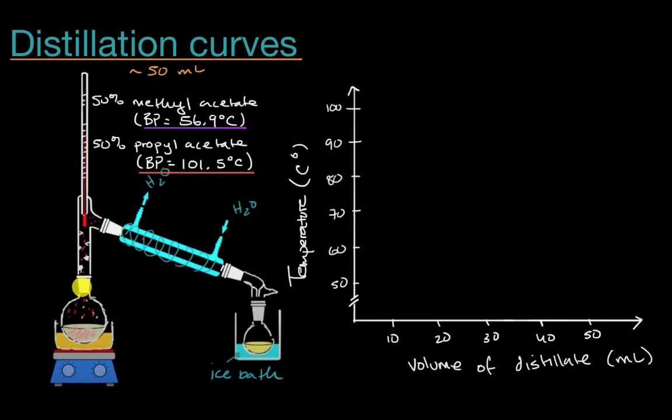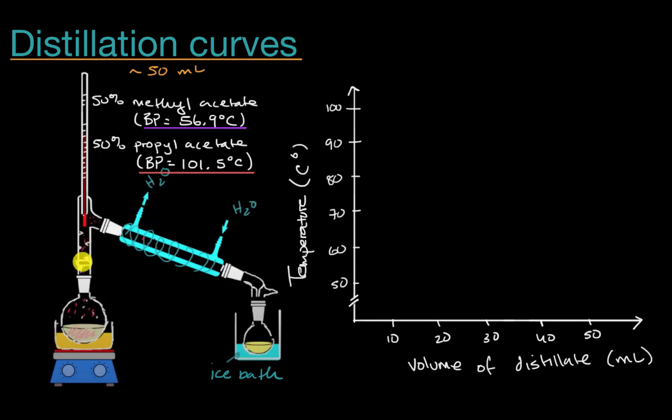And then because this is fractional distillation, that mixture of vapors is going to have multiple cycles of condensing and then re-vaporizing. And as we get higher and higher, every time you condense and then re-vaporize, those re-vaporized vapors are going to have even a higher proportion of methyl acetate. And what you see as you gradually increase the temperature here, you're going to have this condensation ring. You can view that as the boundary between where it's hot enough for enough vapors to form and where it's not hot enough for enough vapors to form and they condense.